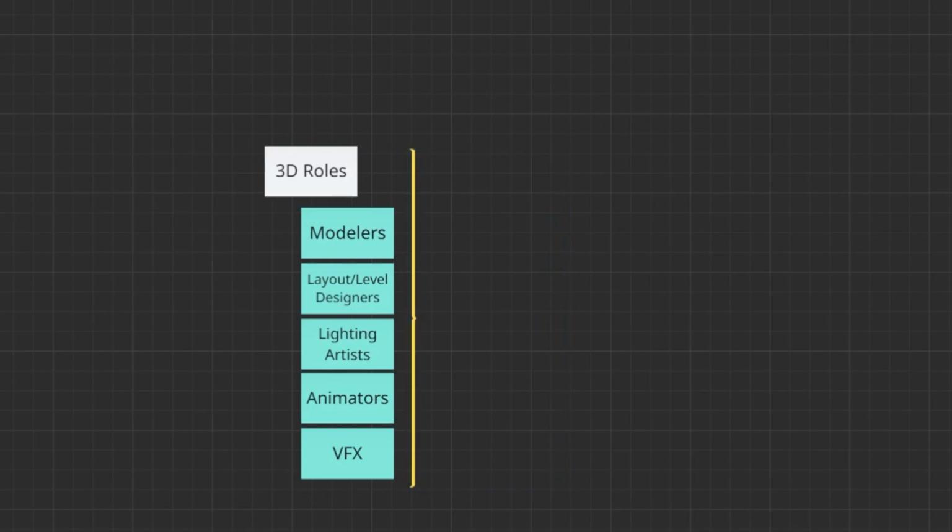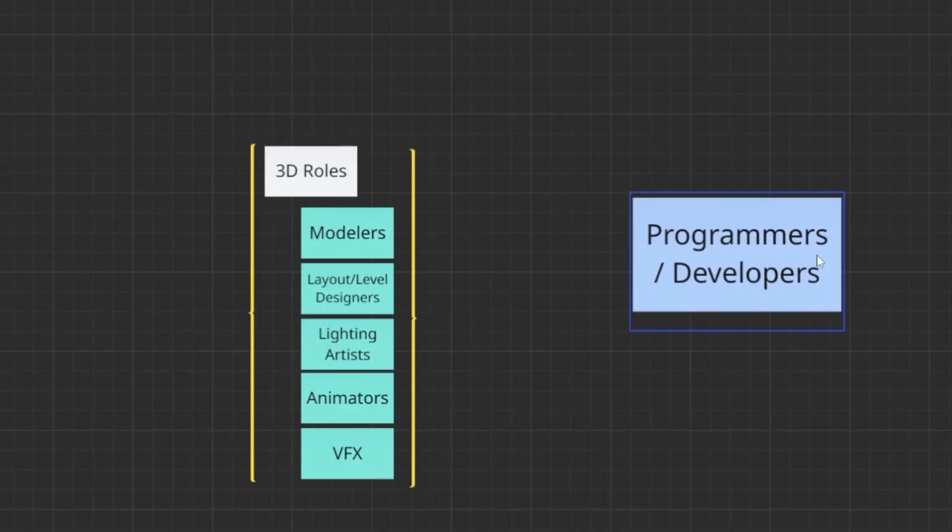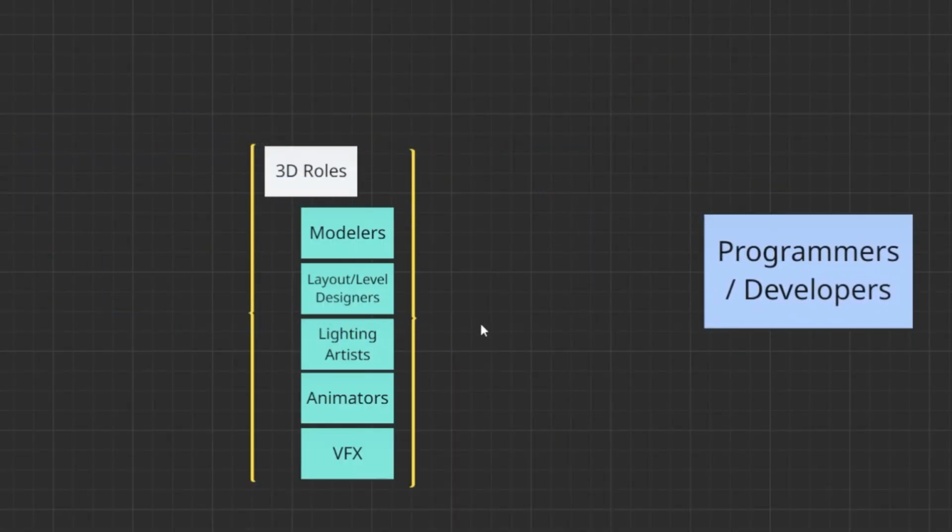These 3D roles, people tend to bob and weave between these things, but you do find people that specialize in these specific things. So then when you're making a game, there's also the more technical side of it. There's all the code. There's how you program the interactivity into a game, and that's where you get the programmers and developers.